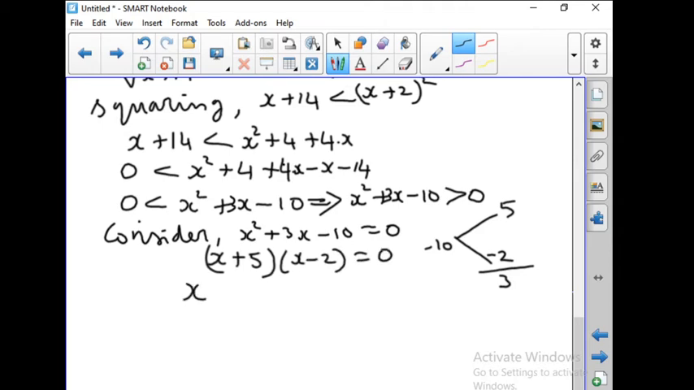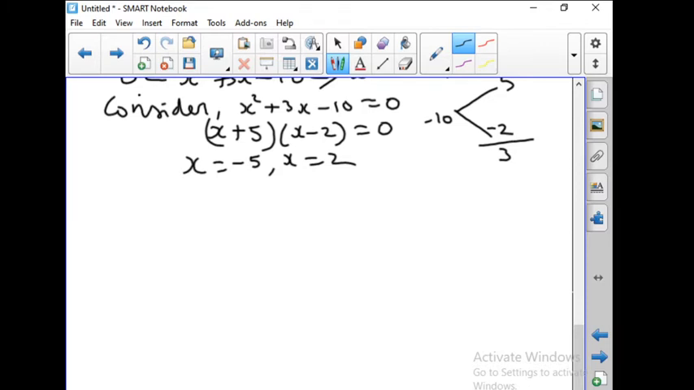So what we get? x is equal to minus 5 and x is equal to 2. Okay. So now x is equal to minus 5 and x is equal to 2. Therefore, here what do we have? x is less than minus 5 and x is greater than 2, because